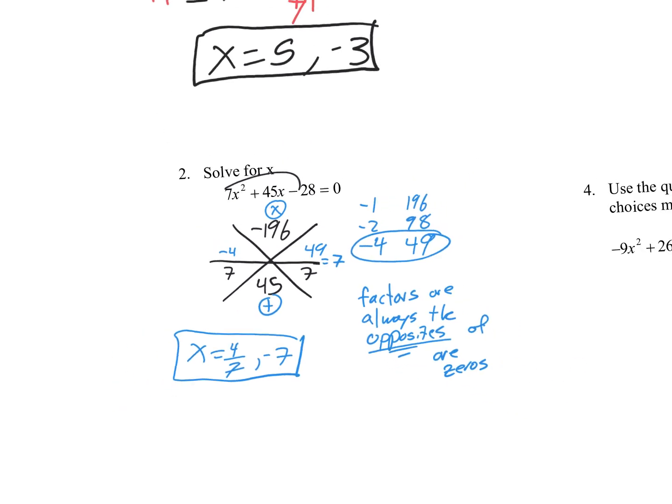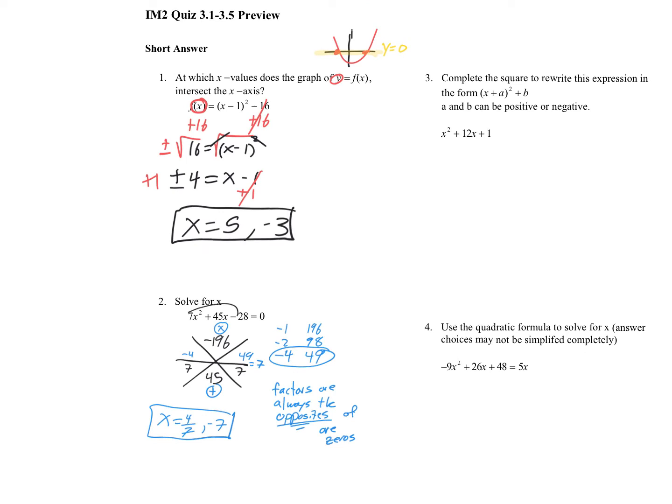So checking your work might be a good idea. Same thing up here. If you took 5 and plugged it in here, look, 5 minus 1 is 4. 4 squared is 16. 16 minus 16, 0. Negative 3 minus 1 is negative 4. Negative 4 squared is positive 16. 16 minus 16, 0. So it might be worth it to check your work just to make sure you actually